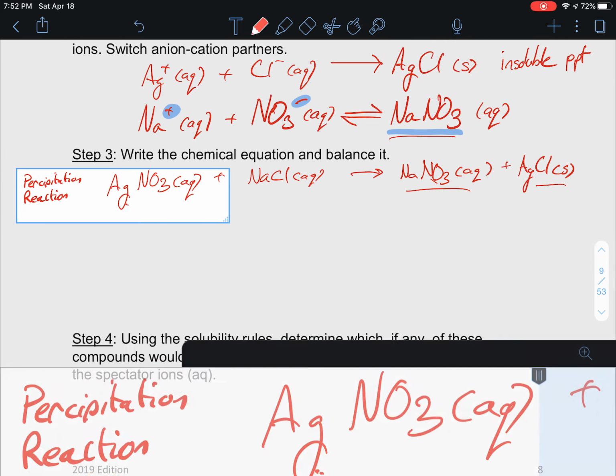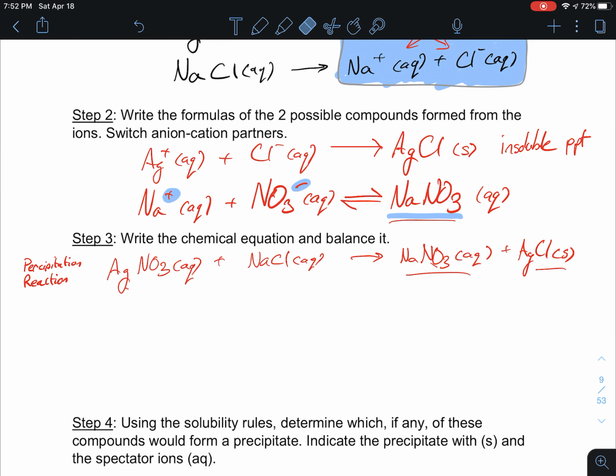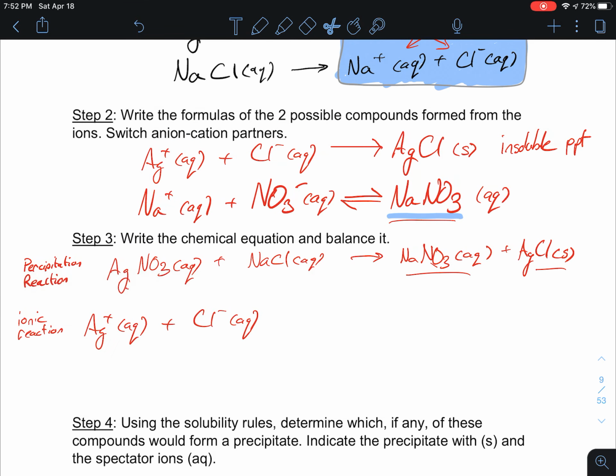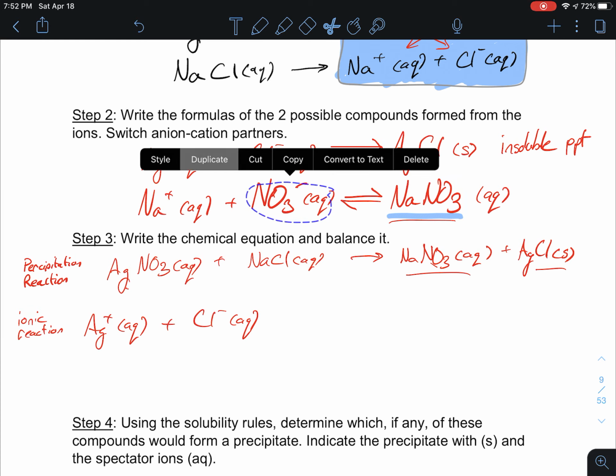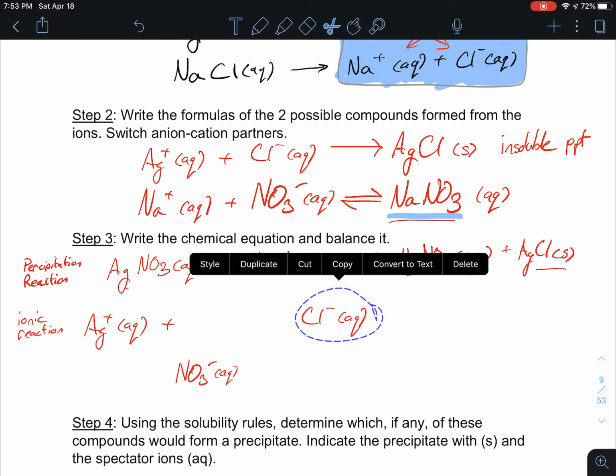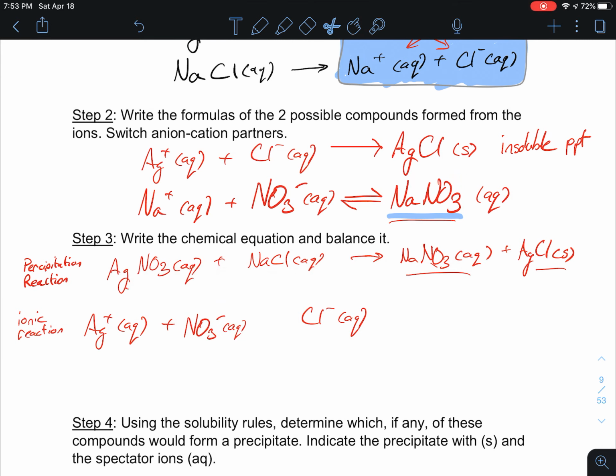And so if we take in some of the details that we already worked out above, we could also write what is known as an ionic reaction. In the ionic reaction, we would replace the silver nitrate with its composite ions here, just cheat a little bit, and replace the sodium chloride with its composite ions. I don't know if this is any faster, but